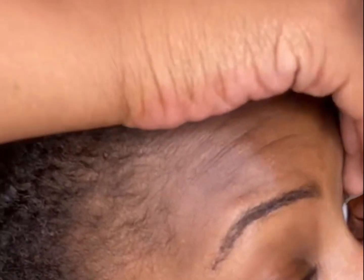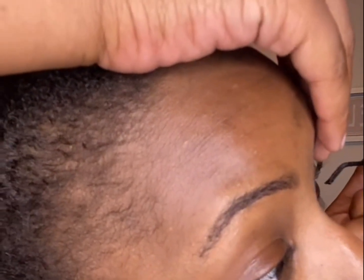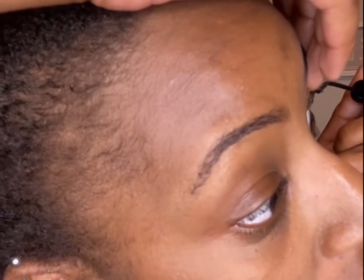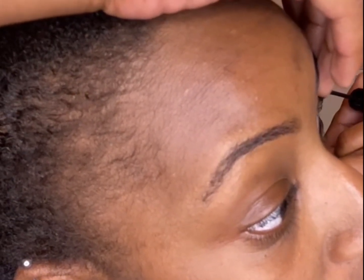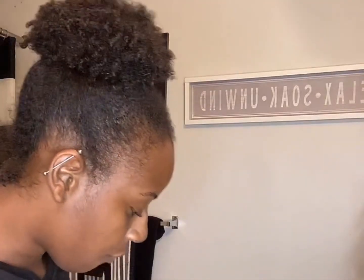But anywho, so this is the bondant. You're putting the bondant right above your waterline, not on your waterline. Put it above it, and go all the way down. Make sure you touch all your little hairs. And you don't want to put it at the top of your lash, because if you put it at the top of your lash, it's going to cause your lashes to...